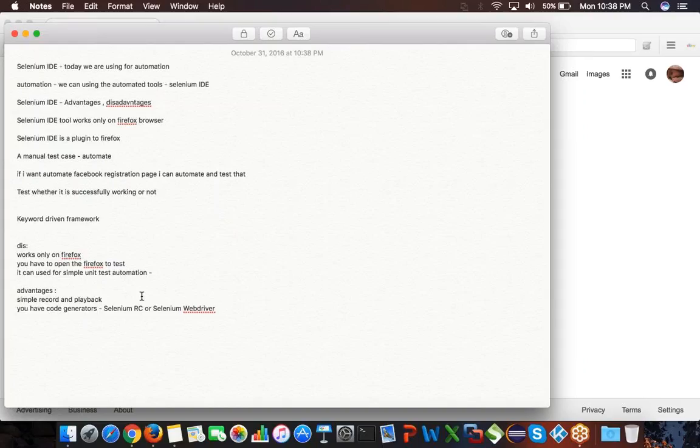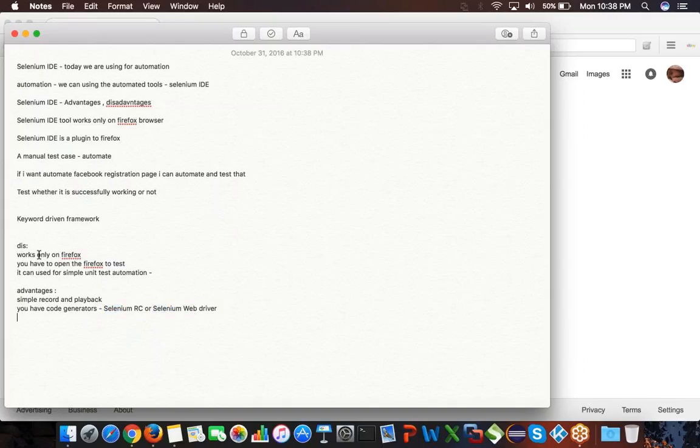There are some tools developed by some people that can automatically put some code for Selenium RC and Selenium WebDriver. You can just take that code and copy paste. It will not directly work, but it will help you in writing some code for the other Selenium tools, that is Selenium RC and Selenium WebDriver.